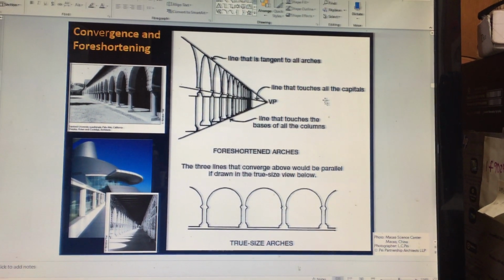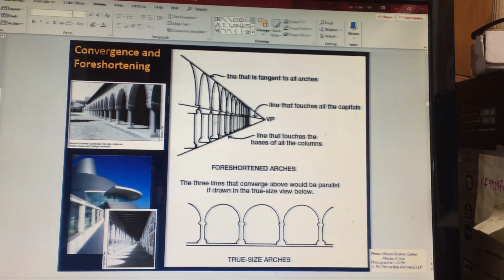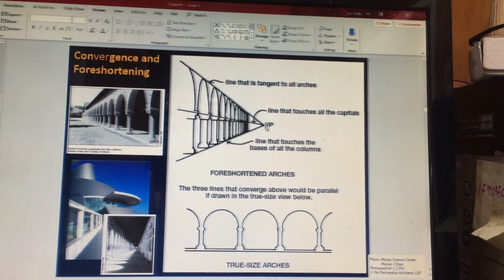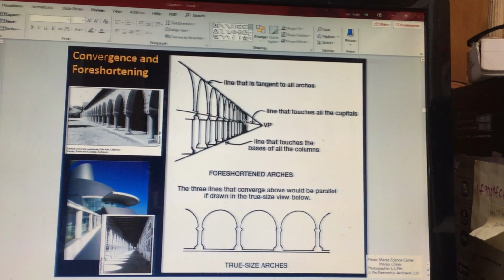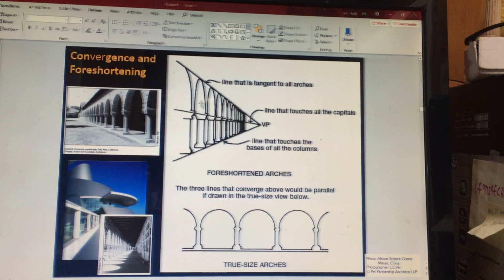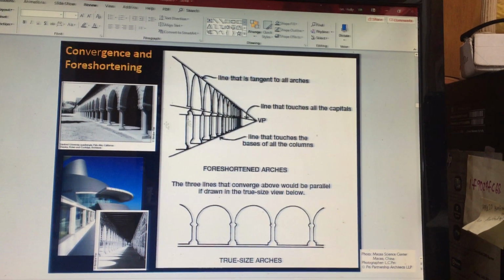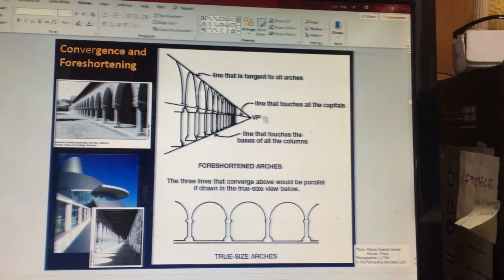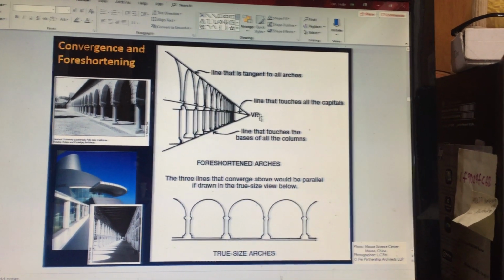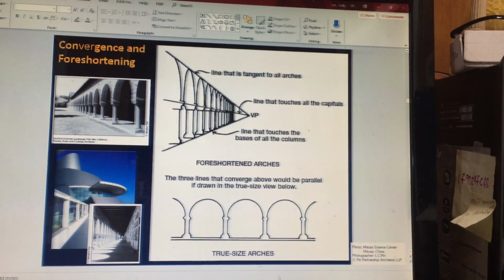For example, conventions and foreshortenings. Some of the pictures show you like this, so you can see the vanishing point right here when you look over one of the projects, and you can see it belongs to the view. The distance may be different. However, this is the same side. Okay, so look carefully. It is the same side. However, depending on the view and on your standing point, you look at everything with a different